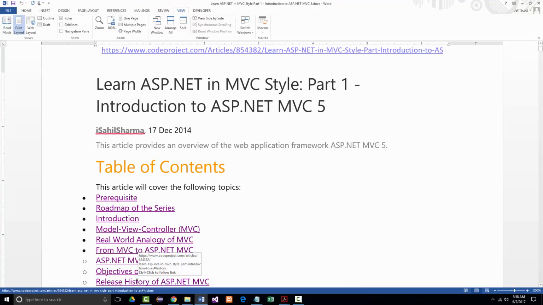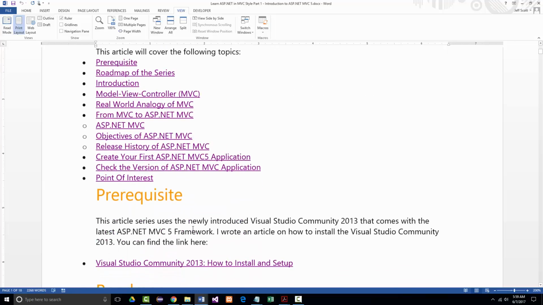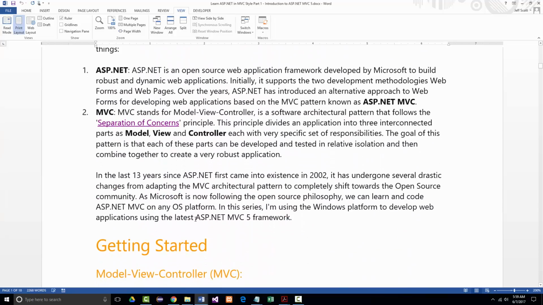Learn ASP.NET in MVC Style Part 1. This was meant to be a several-part series, I believe, that turned out to be a 2-part series. And this person had been working for a while with web forms, and they decided to teach themselves ASP.NET MVC. So this was kind of their trials and tribulations that they went through. Again, some of it is very similar to what we've already seen, such as